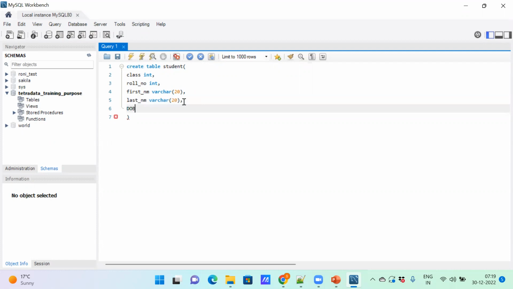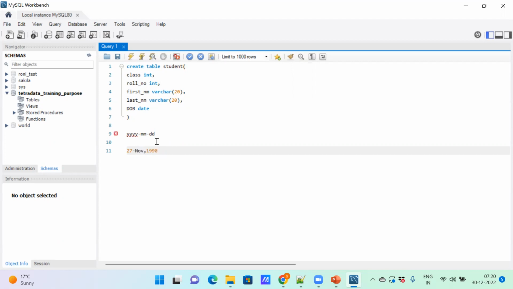Okay, let me take a date data type as well: student date of birth, DOB. DOB should be date data type. You can see the data type has been highlighted in blue. For date as well, there's no need to put any size, because date is a default one. The default date format in MySQL should be YYYY-MM-DD. If we want to push a value, something like 27 November 1990, or 27 Nov any date,